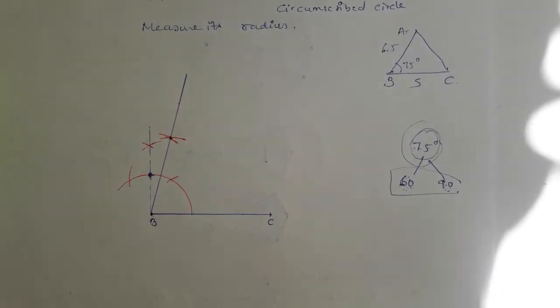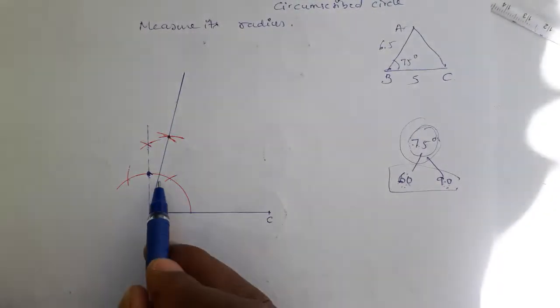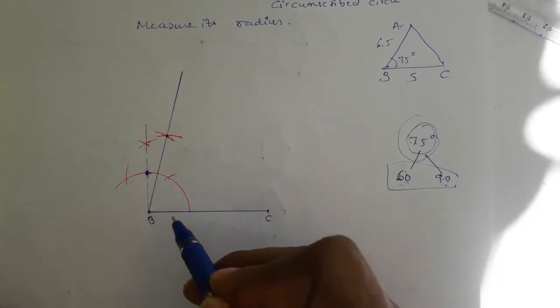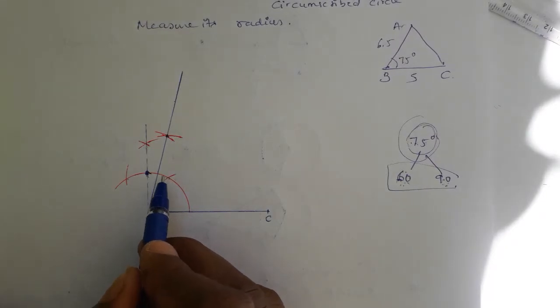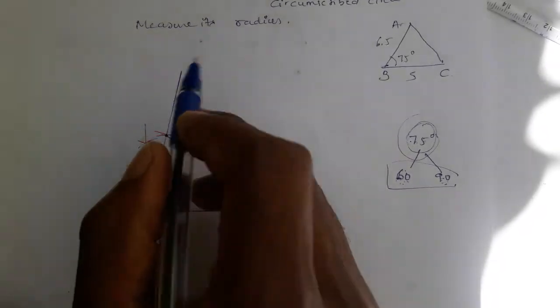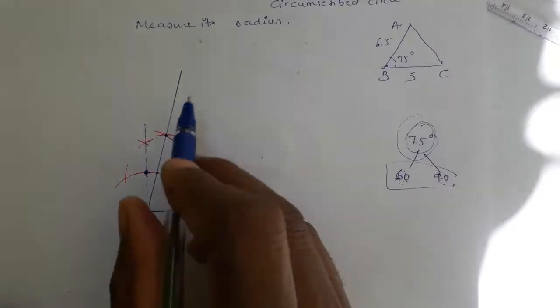How to verify? That is very simple. The 75 degree line passes exactly between 60 and 90. Look at this line. The line I extended here is exactly between 60 and 90 degree. Look at here, this is exactly in between. So therefore 75 degree is correct, because we know that 75 is exactly between 60 and 90.